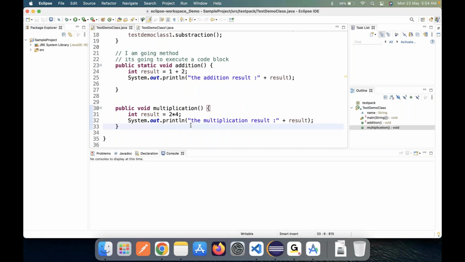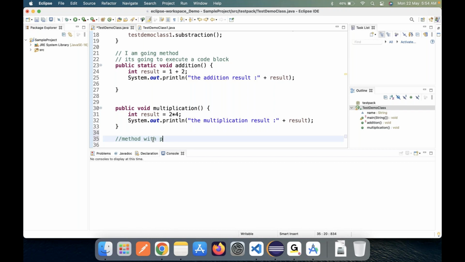So far whatever method we have created is just a simple method and then some logic we have written. In all these methods, it's going to be executing only one logic at a time. That means if I want to use the addition, only the same number is going to be executed multiple times. And in multiplication, 2 into 4 only is going to be executed multiple times. So let us assume I don't want to do this. For each iteration I need to change the values that the particular method is holding. So how to achieve this is we need to use something like